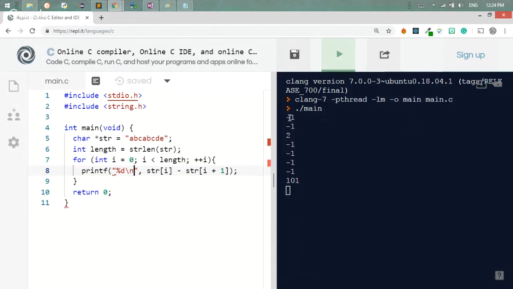So for the first time, if you see, it's -1. Second time it's again -1. Second time is when I'm comparing B and C. Third time I'm comparing C and A. That is the reason why you can see it is 2, because C minus A is 2,